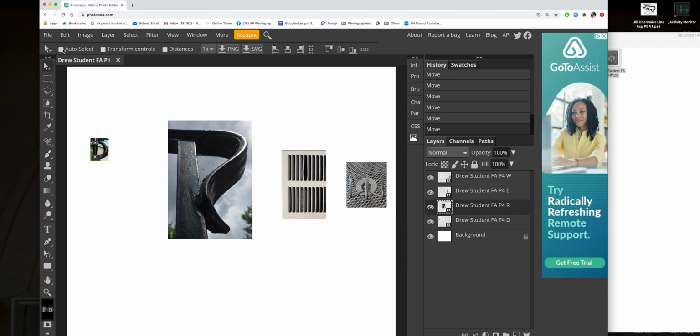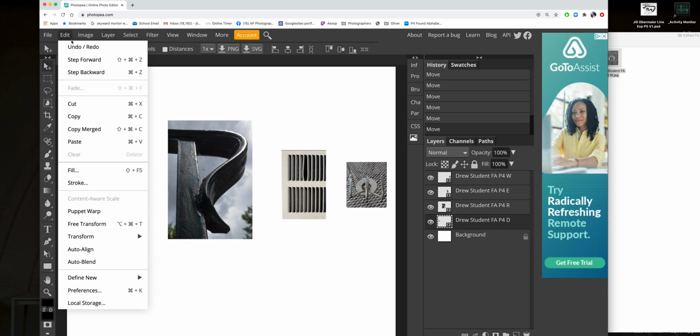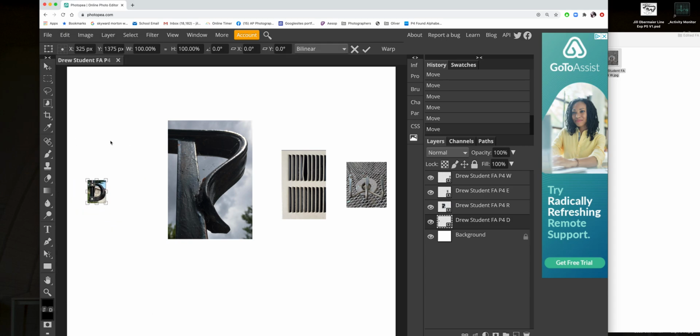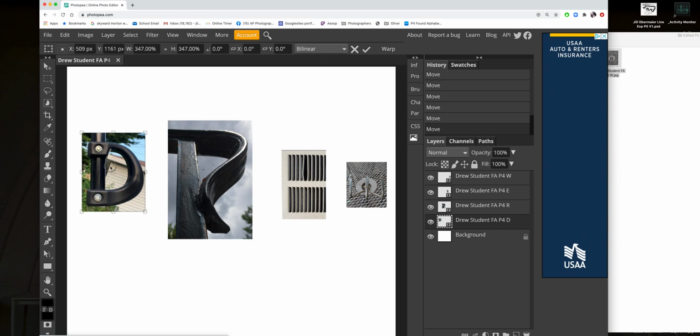I'm going to put it back on auto select. Okay, and then I can just kind of select my D. All right, I'm going to go with edit and I'm going to go down to free transform. You have to remember to keep it proportional, so please hold the shift key. If you hold the shift key and only go from one of the corners, do not go from one of the center squares, only from one of the corners, and we're going to make this larger